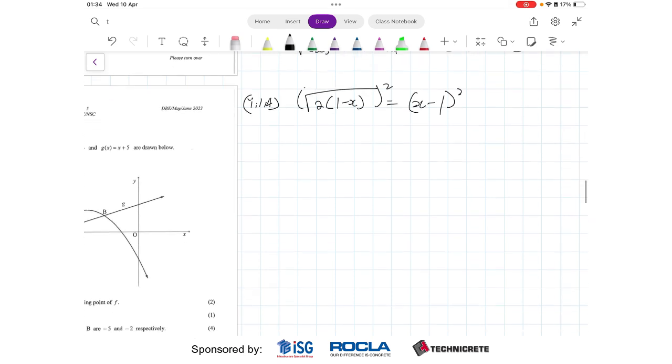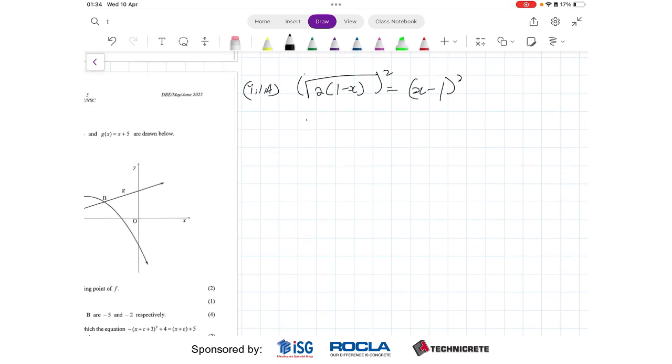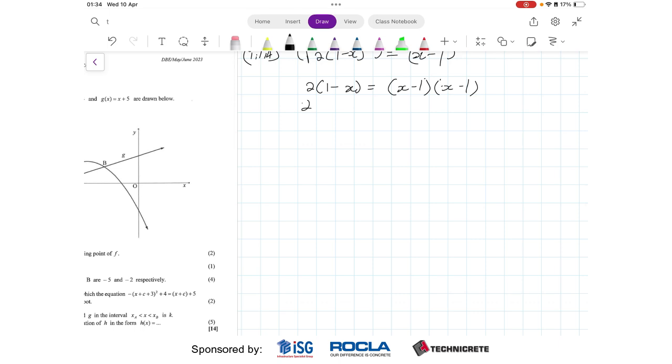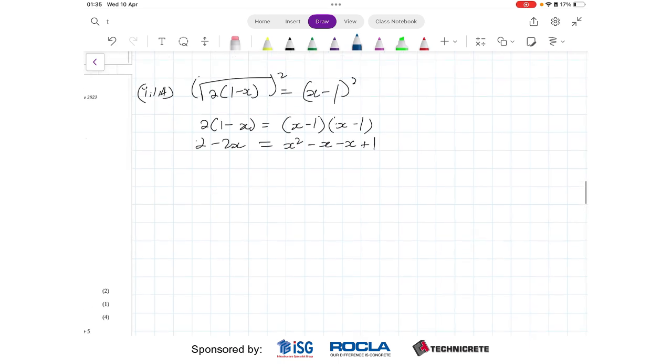Now, after squaring, we find that 2 into 1 minus x is equal to x minus 1 multiplied by x minus 1. Using your FOIL method once again, you get that 2 minus 2x is equal to x squared minus x plus 1. Remember FOIL method. FOIL tells you first,